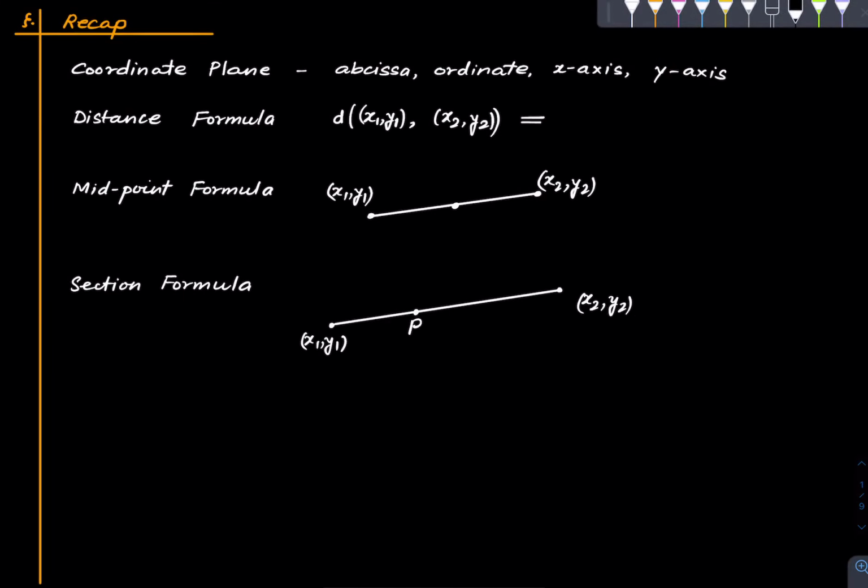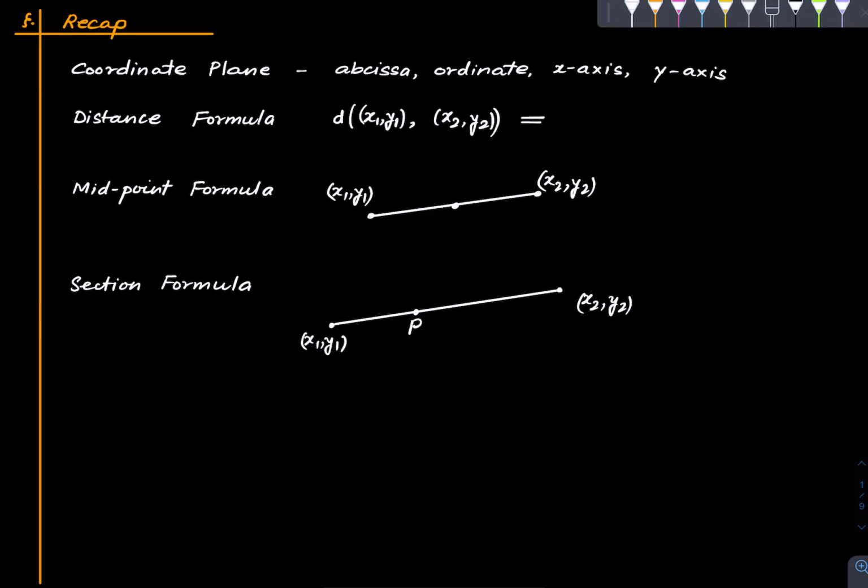Welcome to this lecture series in coordinate geometry in straight lines. Last time we discussed some basic things about the coordinate plane, the distance formula, etc. Let us recall them. So the coordinate plane is basically the Euclidean plane, but we have two perpendicular lines